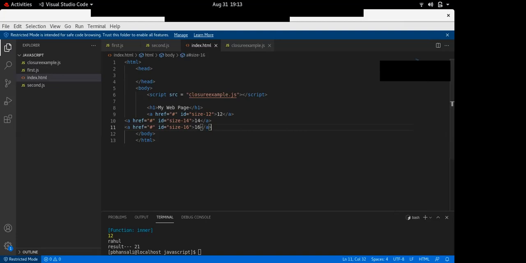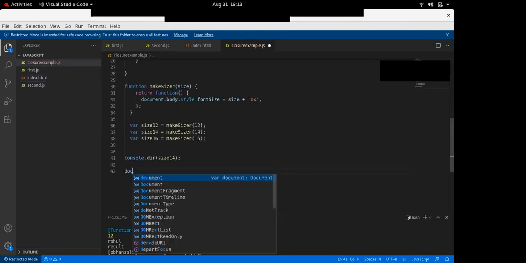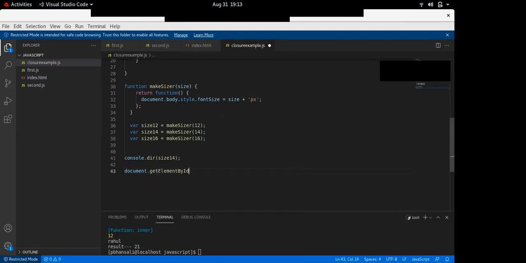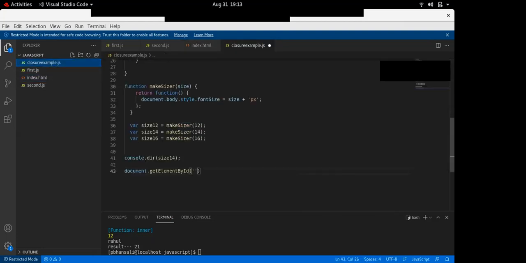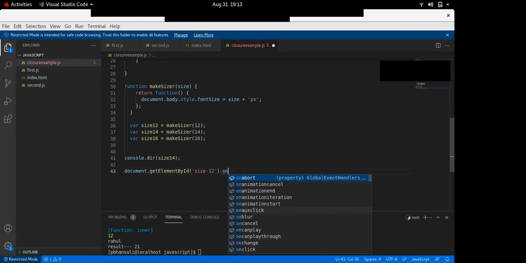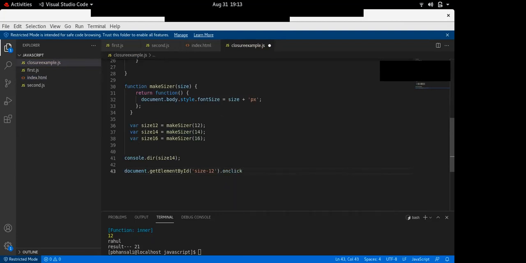So what I can do now is use document.getElementById, and what is the ID? size12, size14, size16, dot onclick equals size12. Similarly for all of them, size14 should be size14.